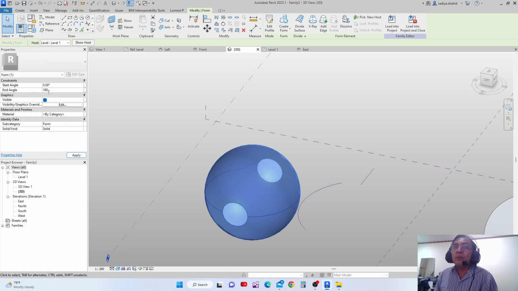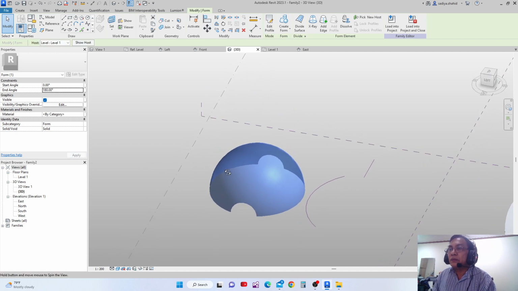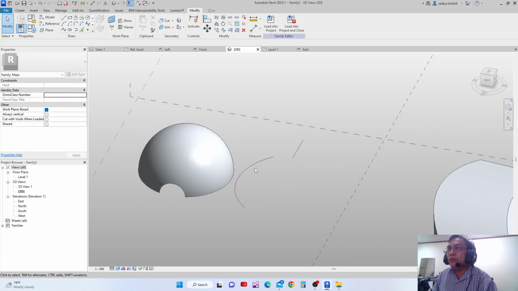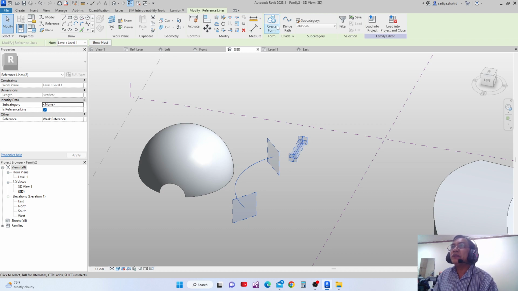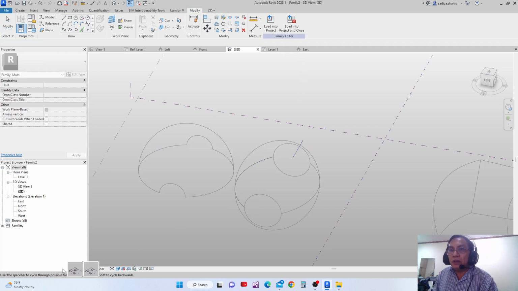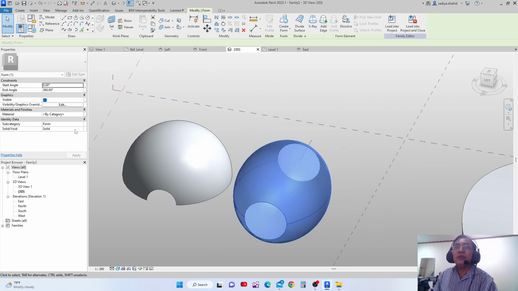Just edit this and make it 180 and make apply, and I have this. Also in revolve, I can revolve this, and then just revolve, and then it gives me an option also, and the same, you can also modify this by going to properties and then make it 180. And okay,